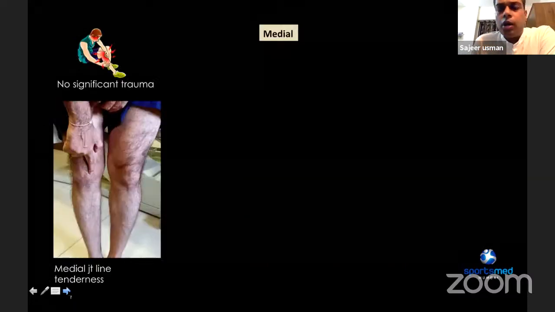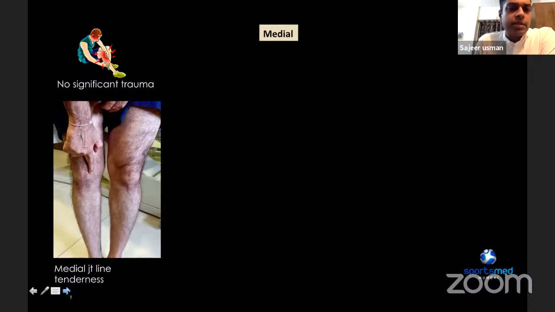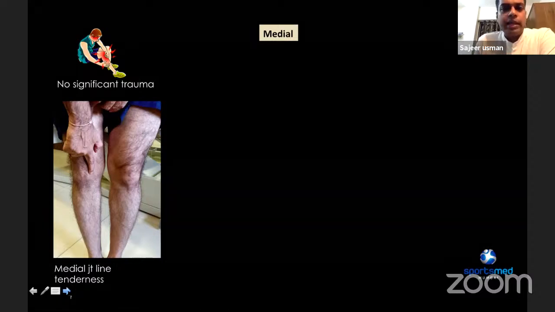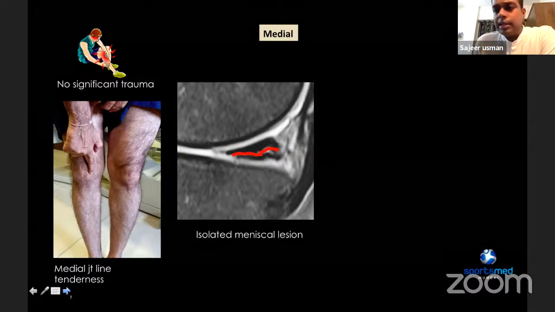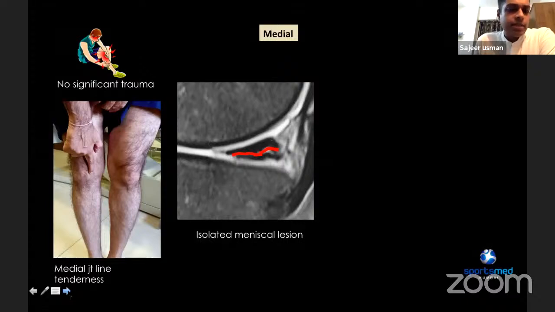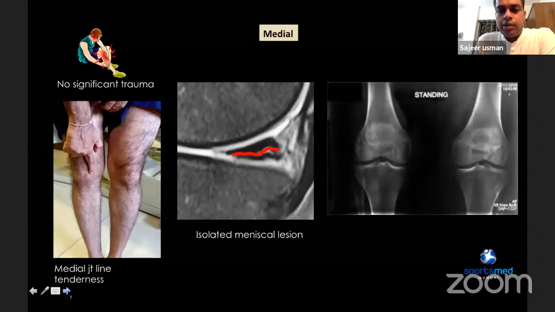So the most common presentation, bread and butter for an arthroscopic surgeon, would be a patient who is around 40 with no significant trauma, presenting with one point area where they have pain, and classically clinically medial joint line tenderness. And if you see a tear which is not a clean cut but a ragged, sometimes complex tear, and if it is an isolated meniscal lesion, by isolated I mean that it doesn't have any associated ligament injuries,